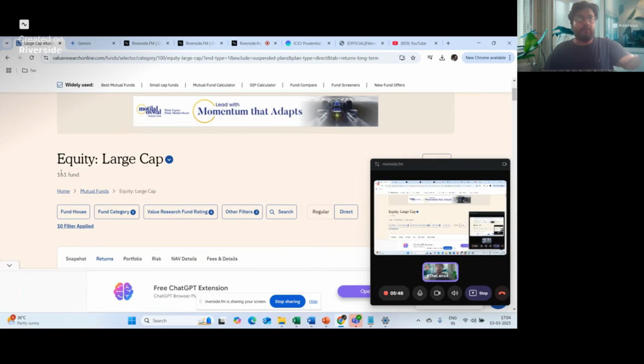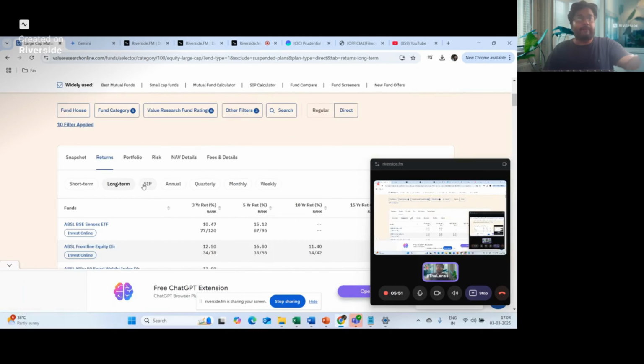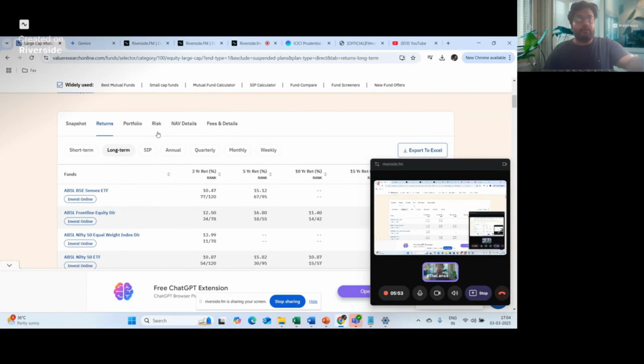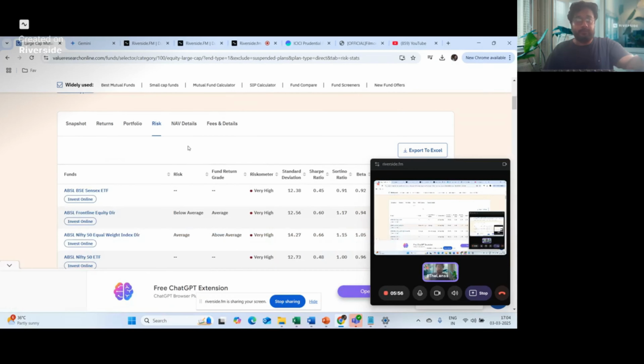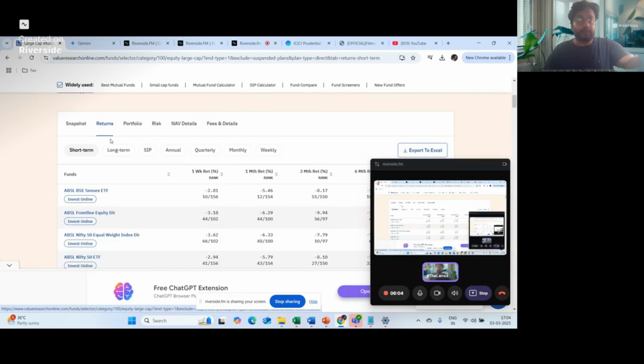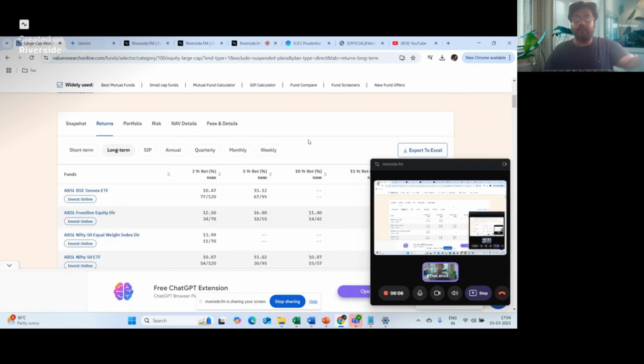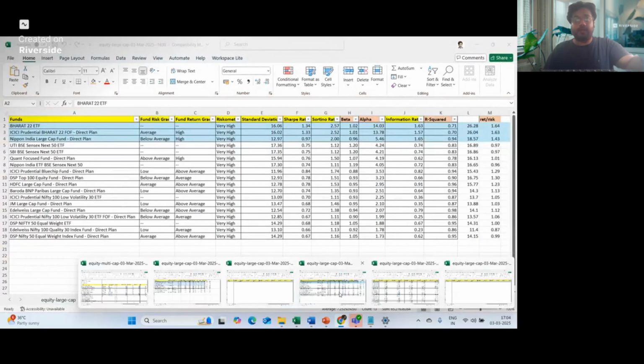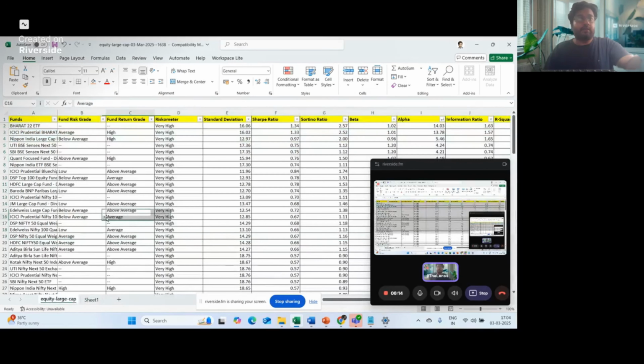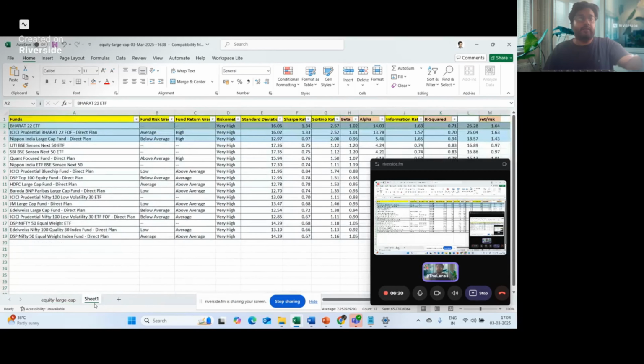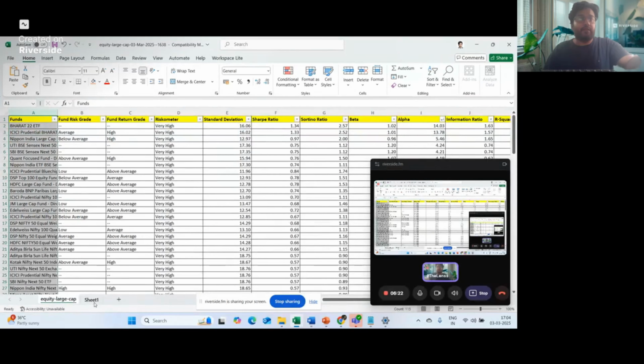And let me just go to equity large cap funds. So mutual funds, equity large cap, and let me just go to the risk tab and export it to Excel. And then let me go to the returns tab, click on the long term tab and click on export to Excel. When I do that, what I get is this list having the 161 funds, and I've just taken a sample of it